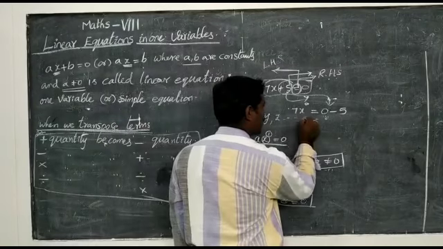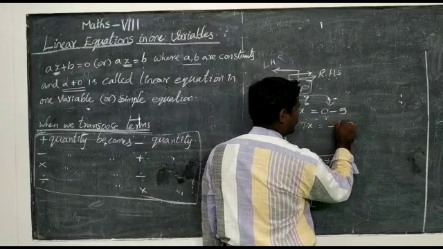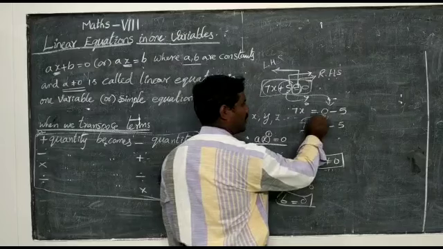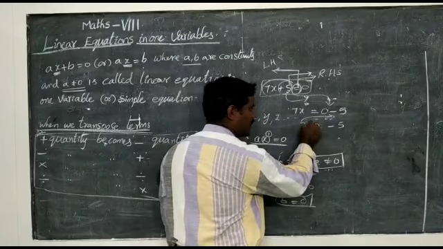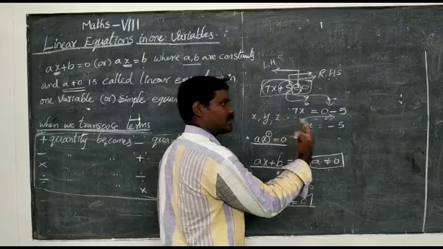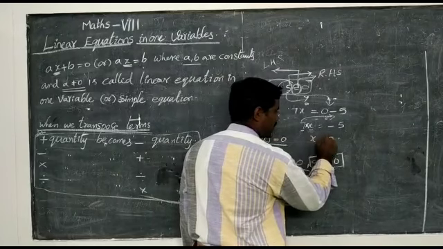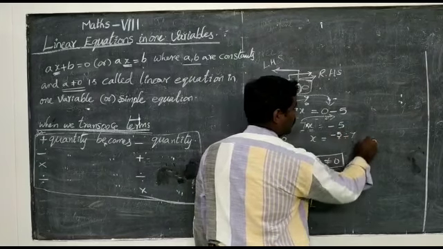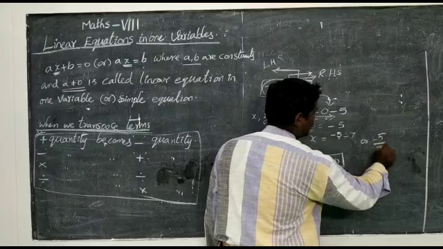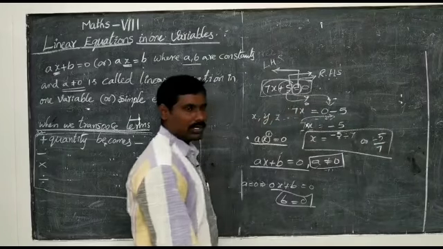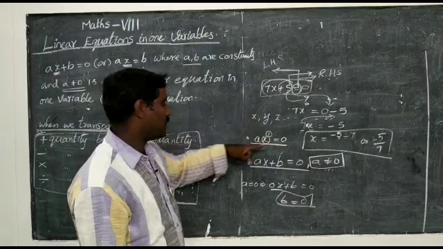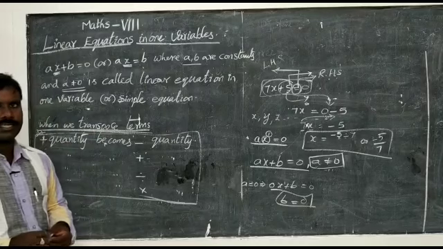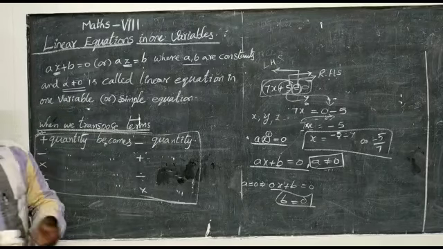In this case, 7x = -5, and 7 is multiplied with x. Now I will transpose 7 to the RHS side. Here it is a multiplication symbol, so when you transpose it, it becomes divide. That means x = -5 divided by 7, or -5/7. Using these rules you can go to the exercise. Now I will start exercise 1.